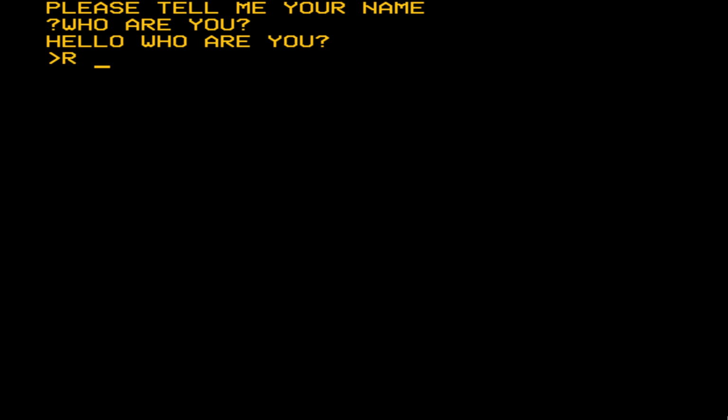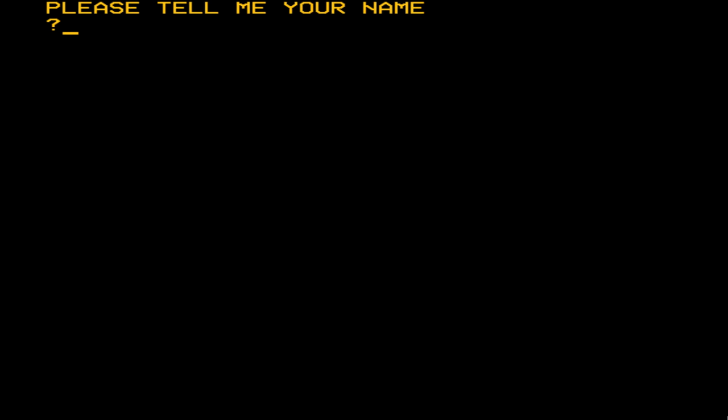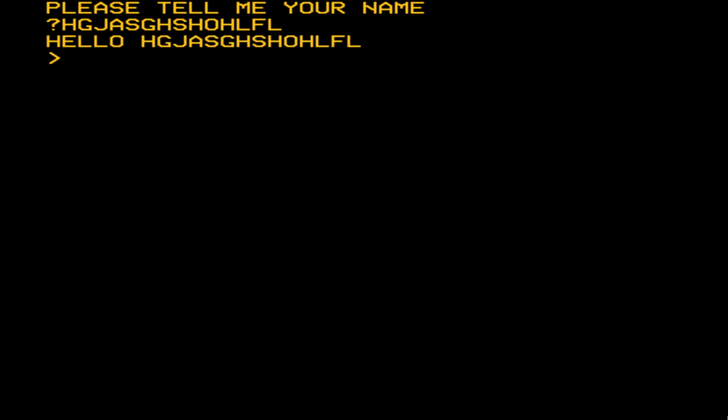You can demonstrate that even further by running the program again. We can just type in absolute garbage. And of course, when we press the return key again, we get that garbage thrown back at us. There's quite a nice little term in computing, garbage in, garbage out. If you type a load of rubbish in, then the computer will throw back an awful lot of rubbish to you. So I'm going to clear my screen again,